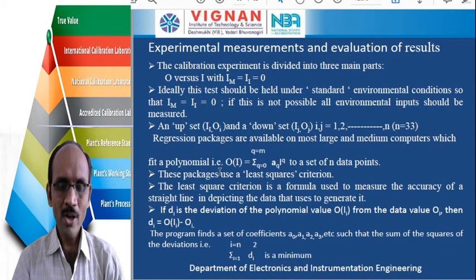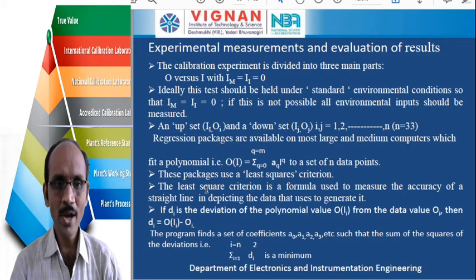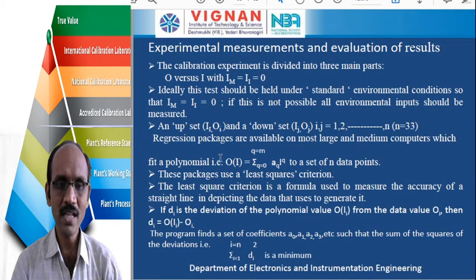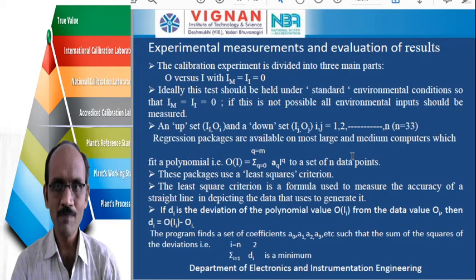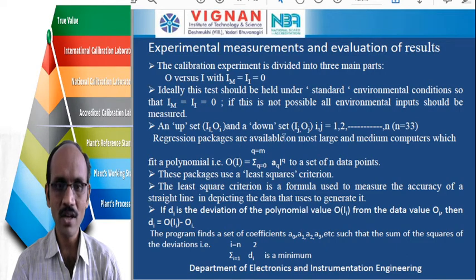So here, while we are going to be performing the calibration process, we have to check whether the hysteresis of that instrument is going to be good or not. So the hysteresis can be defined as, in this case we are going to be increasing the input values from the minimum to the maximum. That can be taken as the upset. Upset means we are taking a group of input values and the output values for the increasing of the input. And after increasing to the maximum value, again the input is going to be decreased from I max to I minimum. Again we are going to be noting the input values and the output values. That is called as the downset.